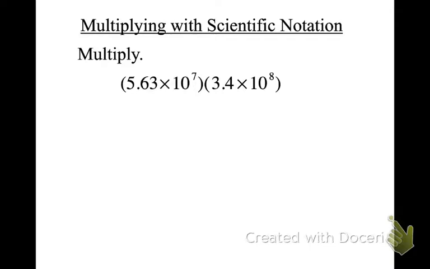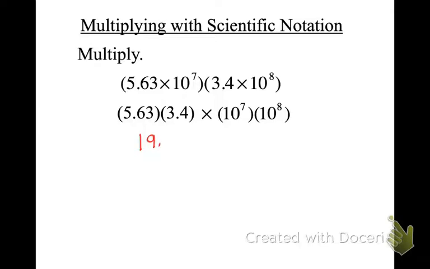I know 5 times 3 is 15, so right there I know it's no longer in scientific notation. Okay, so I'm going to multiply those two together, and I get 19. Okay, 19, and I'm going to do 10 to the 7th times the 8th. And so this multiplies out to 19 and